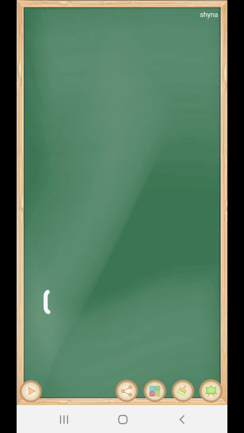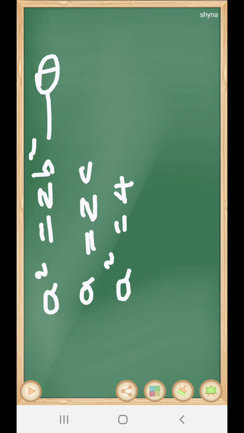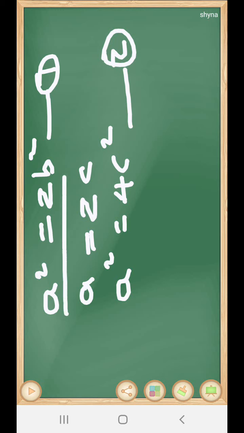We already got a square equals 2b square, that is equation number 1. Now we have a equals 2c. Squaring on both sides, a square equals 4c square, that is (2c) whole square. This is equation number 2. From 1 and 2, what can we say? a square equals 2b square, and here a square equals 4c square.